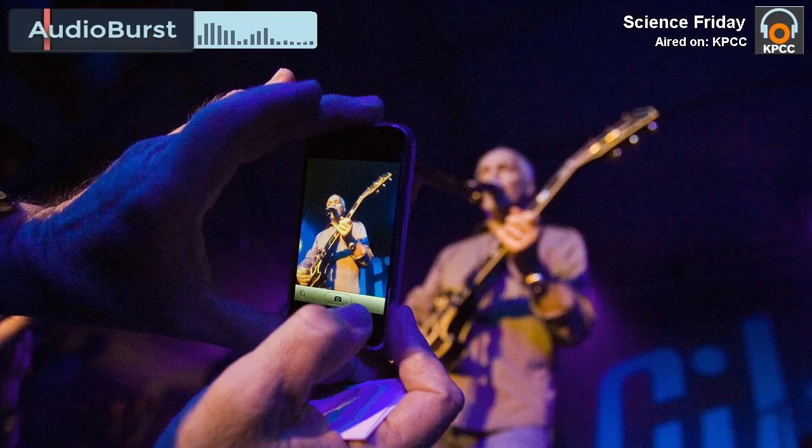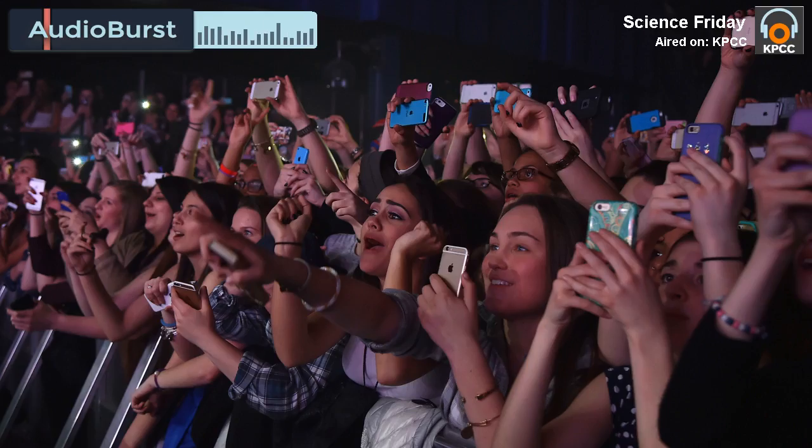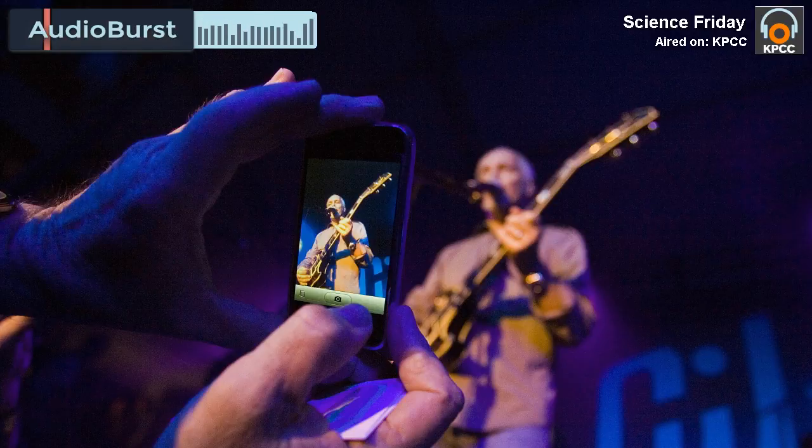Right. And in this case, it's a little bit of a backward situation where you can imagine the stage or the movie screen or that picture frame telling the smartphone things like, don't record this movie, or this is a Ming vase in a museum, and it can provide that information to the smartphone, and then the software can provide an action where it doesn't allow you to record, or may watermark that picture in a way that assigns copyright or other things. So would this technology work with our existing phones, or would Apple have to add this feature